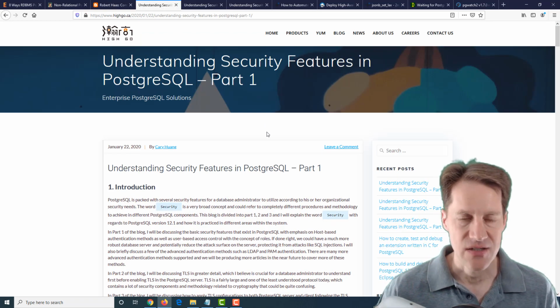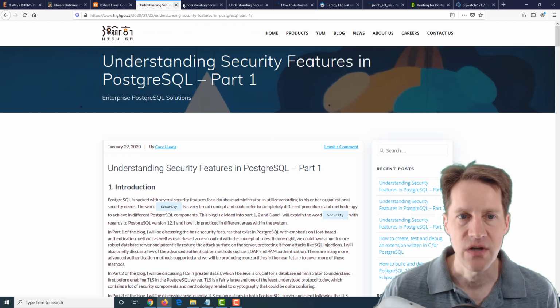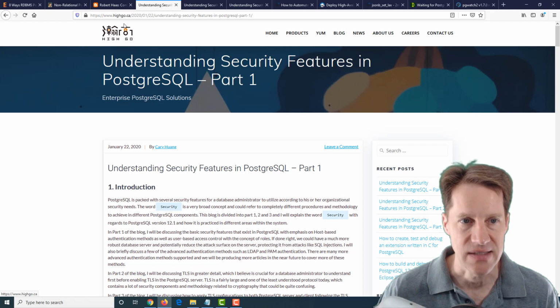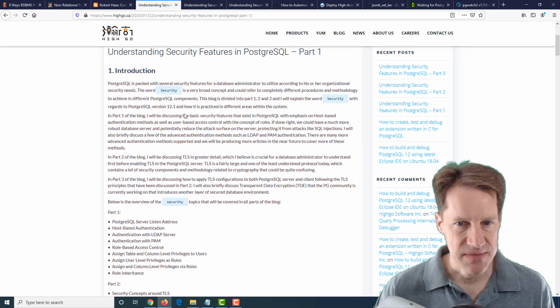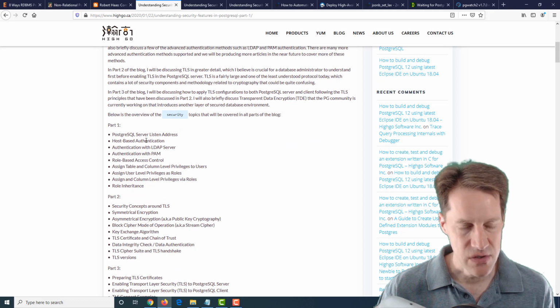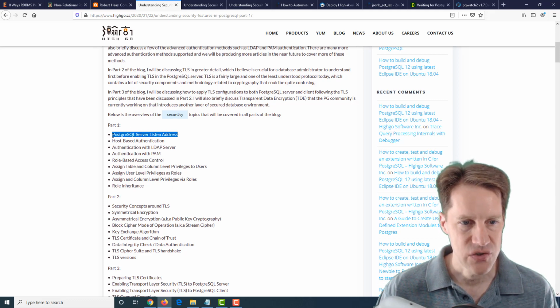The next post is actually a series of 3 posts, part 1, 2, and 3, called Understanding Security Features in PostgreSQL. And this is from a higo.ca blog. And he's basically covering different security areas of Postgres, mostly with regard to network security and some of the roles. So for example, this part 1 here covers listen addresses, what addresses Postgres listens on, the host-based access in terms